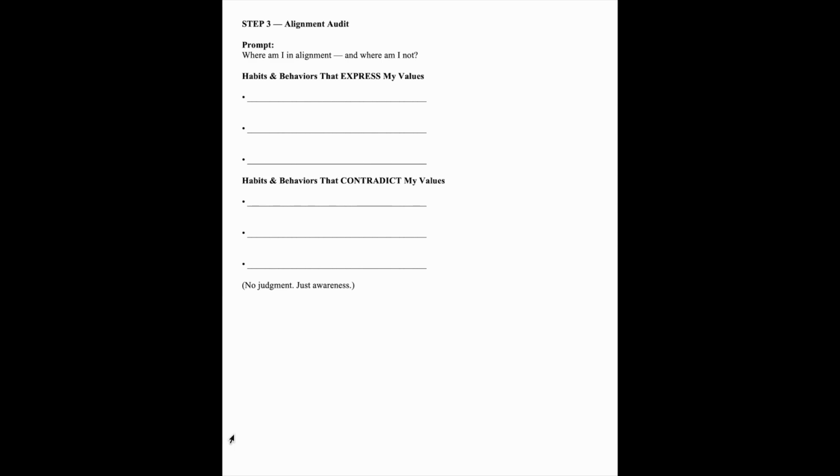But I would say, habits and behaviors right now that contradict my values: I've been really focused on aligning all of it, and I've spent years trying to do this. So I think right now, most of what I'm doing is aligned with truth, with love, and with wisdom. The few habits that I'm still working on: I still have a tendency right now to use food as a coping mechanism and sometimes soothing.